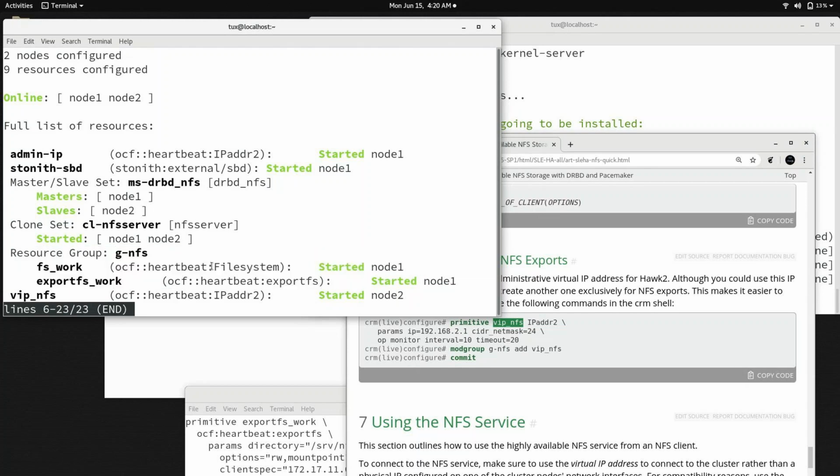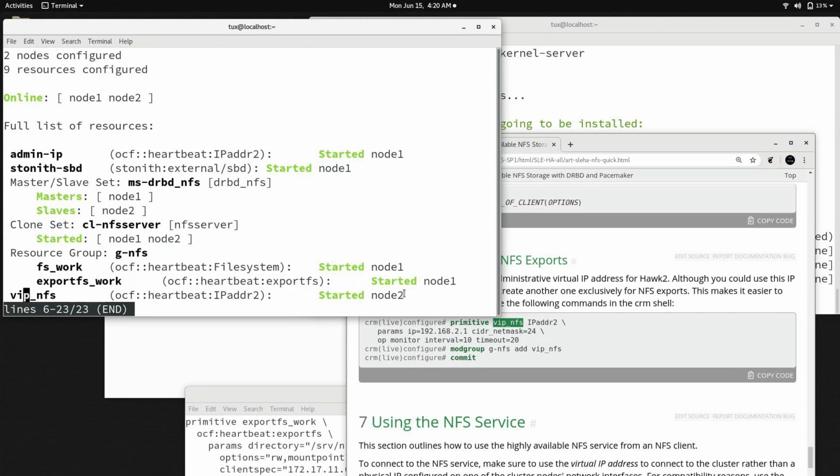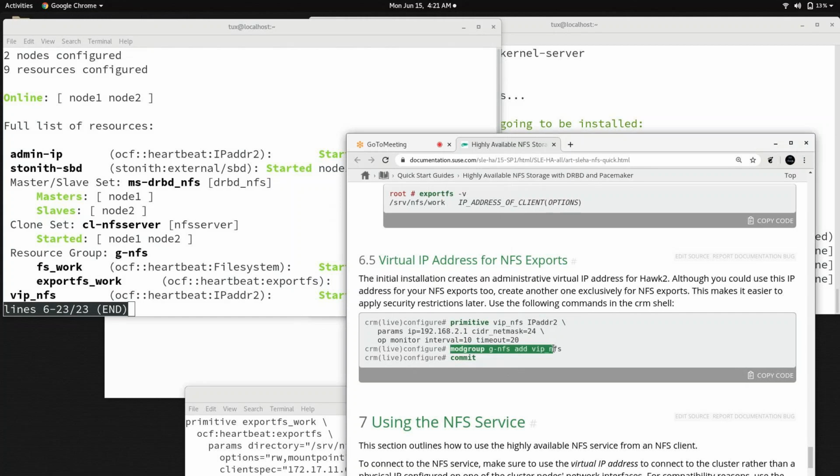So these two services, the work service and the resource name, are working on node 1, while the IP address is running on a different node, which is not good. All these things should be running on one node at a time, because if the IP address is running on another node and the service is running on another node, then it will not serve your purpose. All these related resources must be running on the same node. That is why we are going to add them into the group.